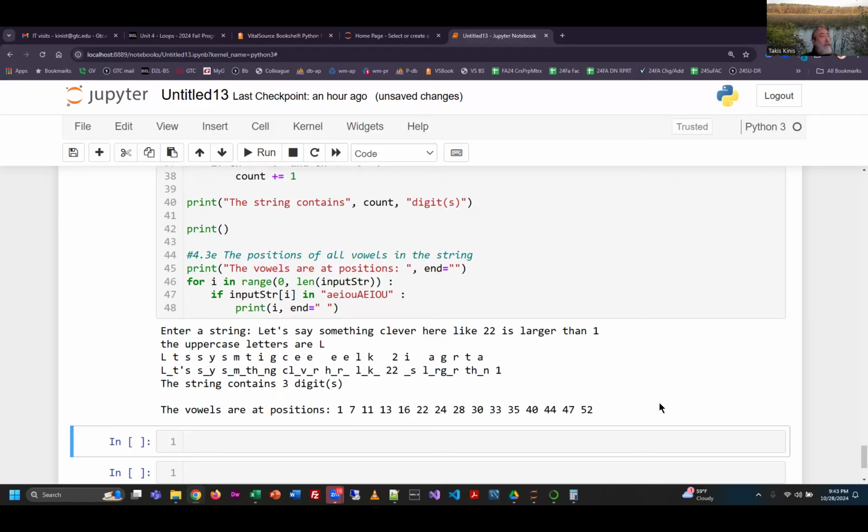All right, so this tells you all the vowel positions. Isn't that kind of a strange one? And I tried to make sure that I got numbers in there. Yeah, 1 uppercase letters,